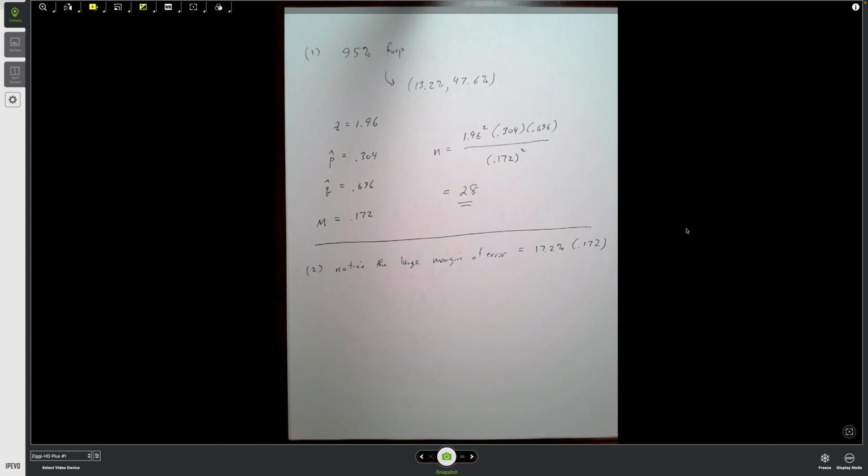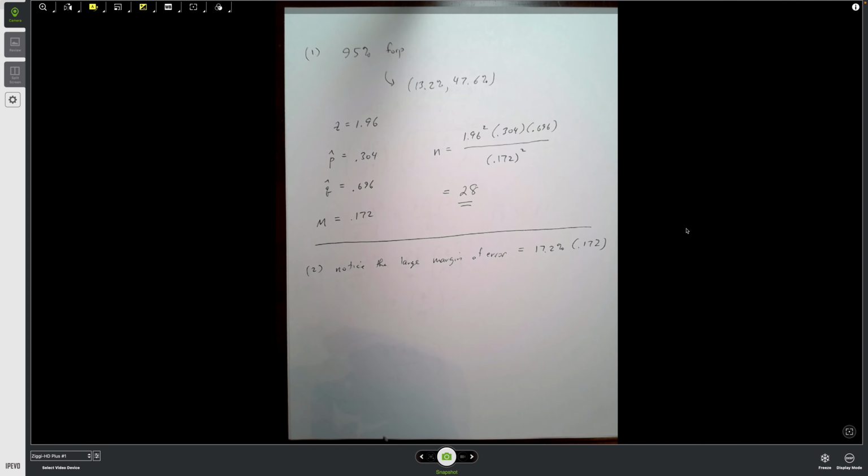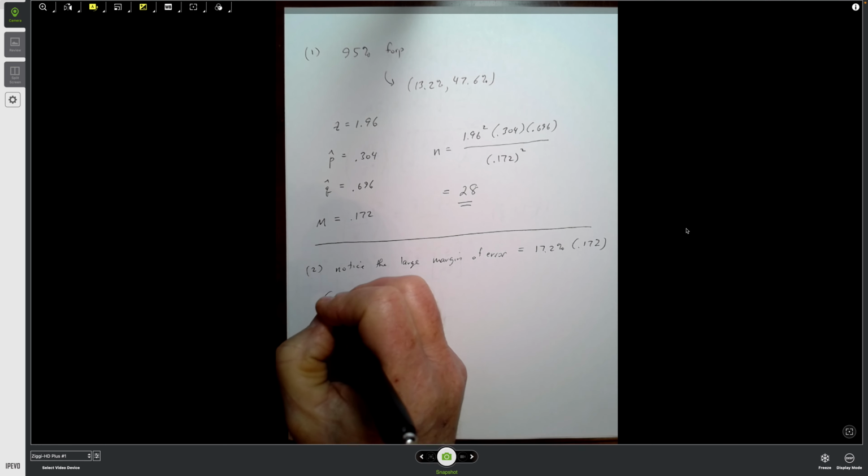Okay, next question. Notice that we have a large margin of error, 17.2%, or 0.172. Most stat nerds don't want a margin of error that high. We typically want a margin of error of about 3% to 5%. So the purpose of this particular problem is, let's say we have a goal,